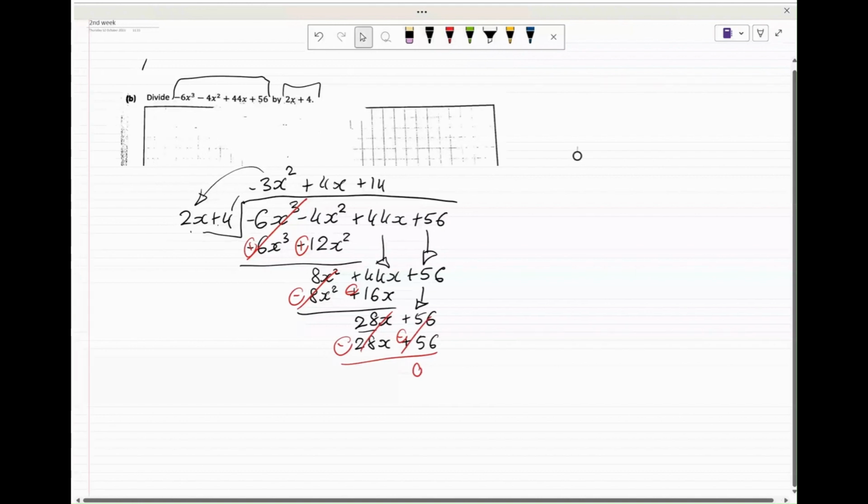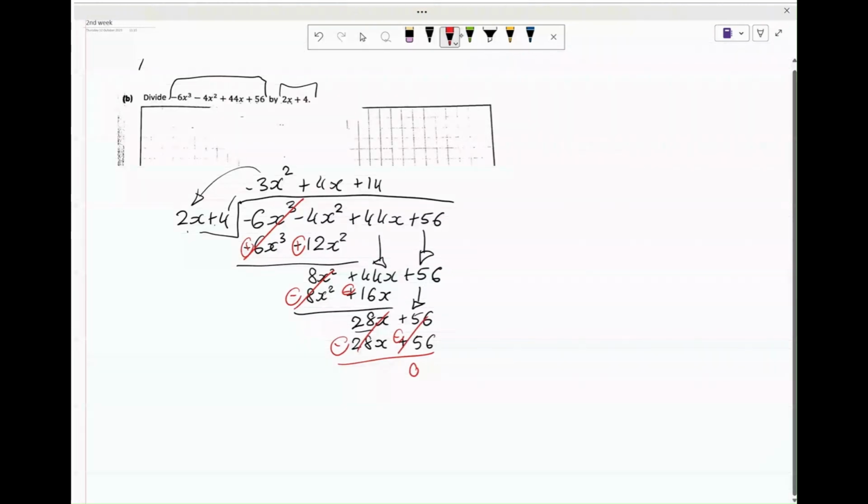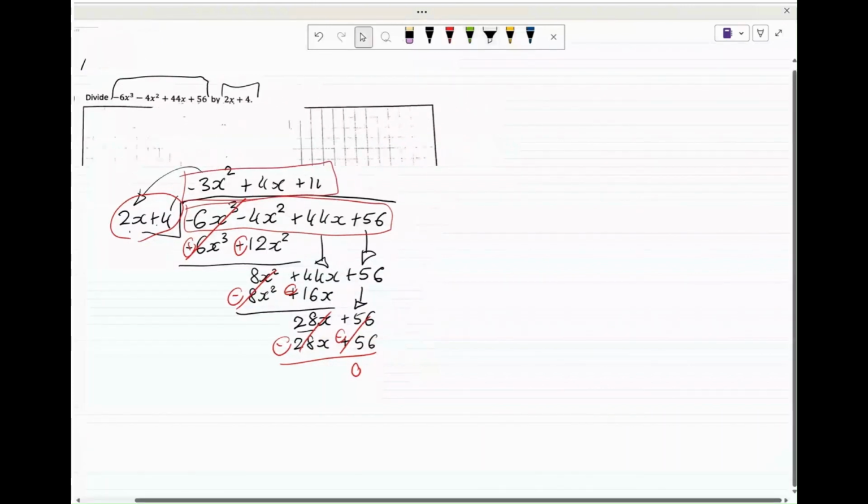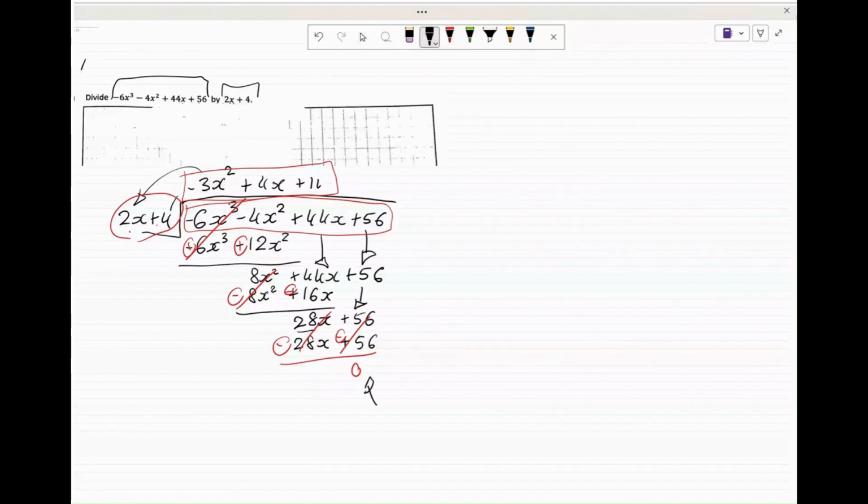So when we divided 2x plus 4 into this expression here, we got this as an answer. And what we learned in the next half of the grind was that when a factor divides evenly into an expression,